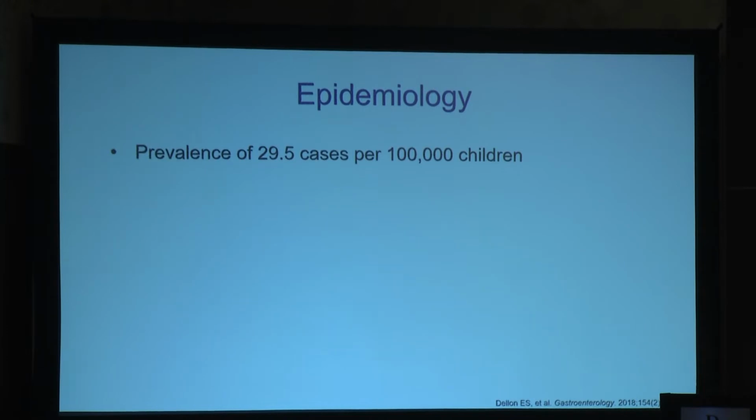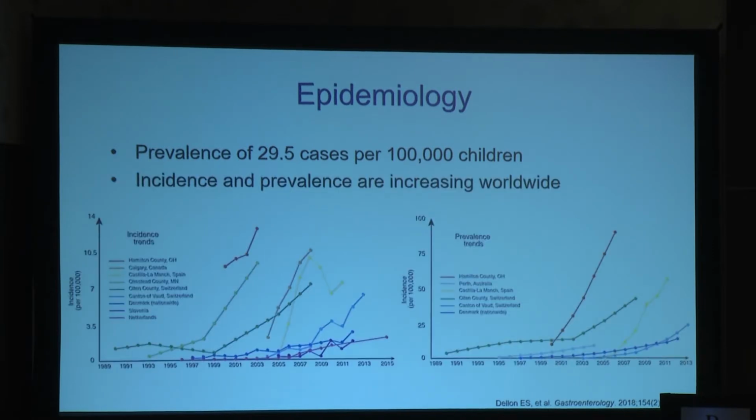And so really, how common is it? I feel like I see it all the time, but it's about 30 cases per 100,000 children. And the incidence and prevalence have been increasing worldwide. If you look at these charts here, you'll see that in the early 90s is when eosinophilic esophagitis was named as its own separate condition. Before, we thought it was just reflux. But really, since that time, across the world, US, Europe, Australia, both the incidence and prevalence have been increasing,